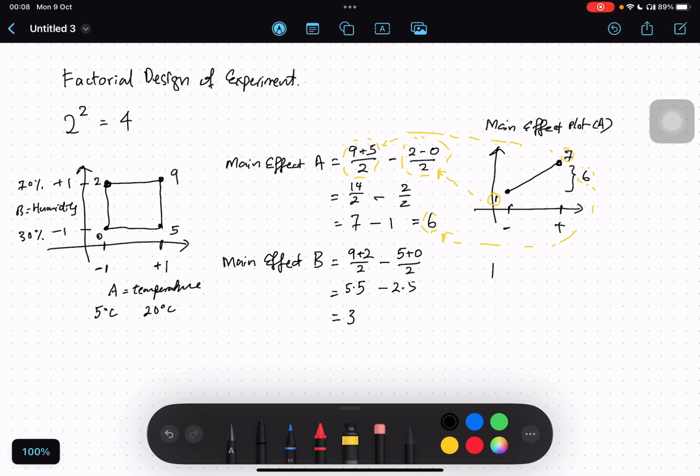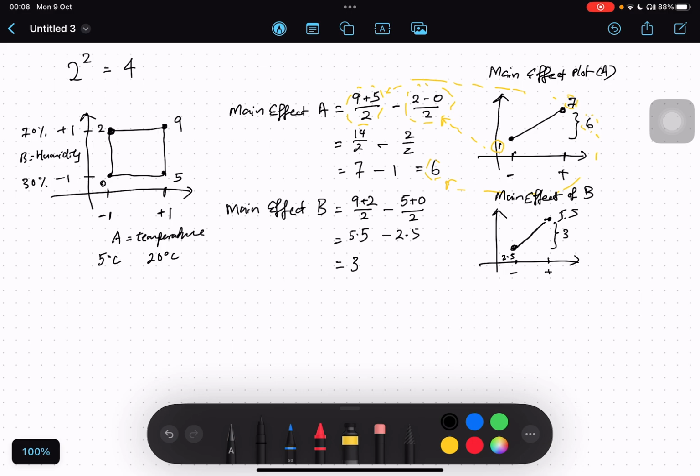So how do you look at the main effects of B? Main effects of B, the lower part is 2.5, and the higher is actually 5.5. So this is the main effect of B. This will be the lower, this is the higher, and between the heights it will be 3. So this is how the main effects plots look like. Okay, so with that, is that